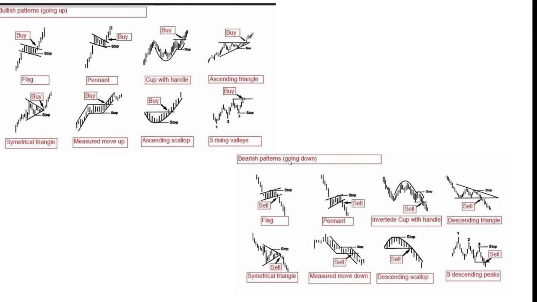Now bearish patterns, going down. Unless you're a short seller, these are signs typically telling you to exit your trade and take the profit and run with it. So as you can tell, it's coming down. There's a pattern and it tells you to sell because it's going to keep going down. There's names here, so feel free to pause this video and take some notes.